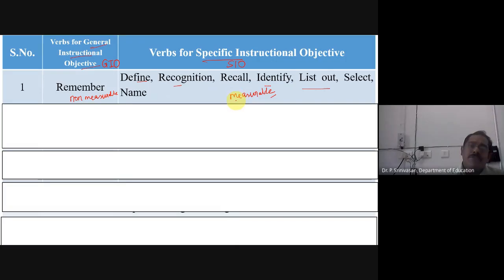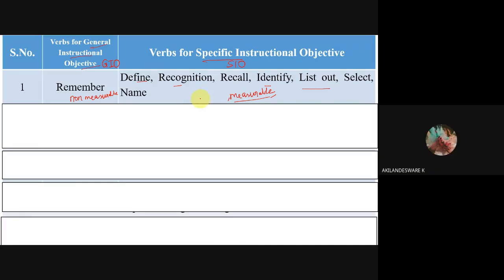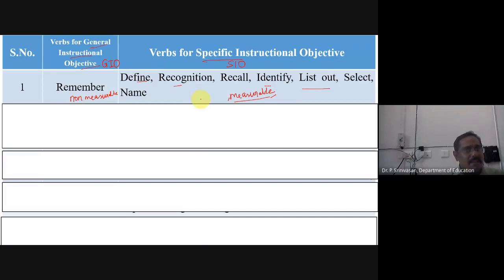If you say it is measurable, how is it measurable? You are putting 2 marks for my definition. How do you put those marks? Comparing with the standard one, sir. Correct, that answer is correct. You are putting marks because you are observing my answer. First you should see the answer, so you are observing and then you are measuring.